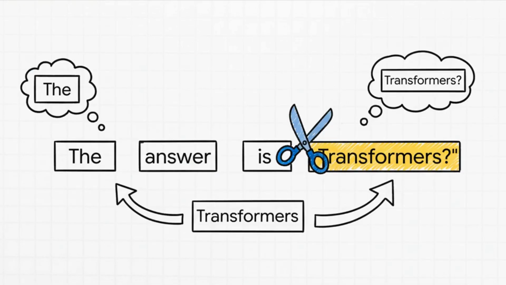Okay, so the simplest idea, right? Just split the whole thing up by the spaces. Seems logical, but you can already see the problems. Don't is treated as one single thing. And worse, transformers with a question mark has that question mark attached. This means the model would have to learn transformers with a question mark and transformers without one as two totally different words. That's a huge waste. So this simple approach, it's already failing.